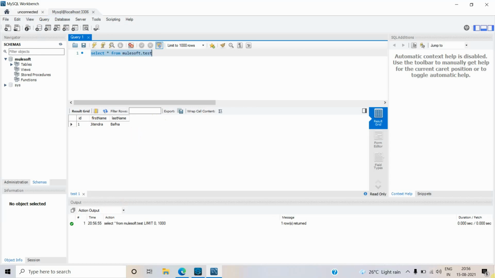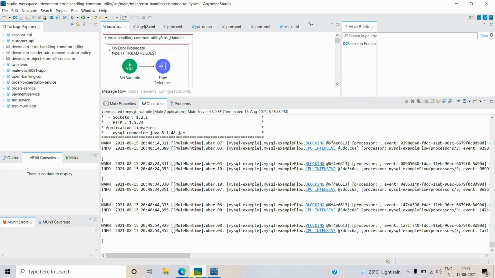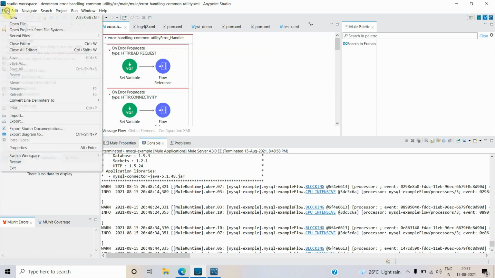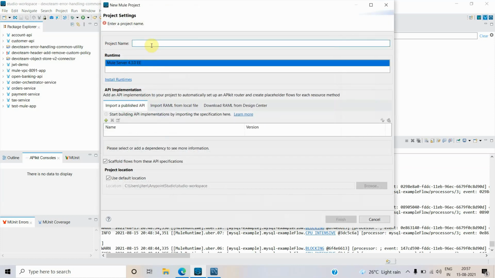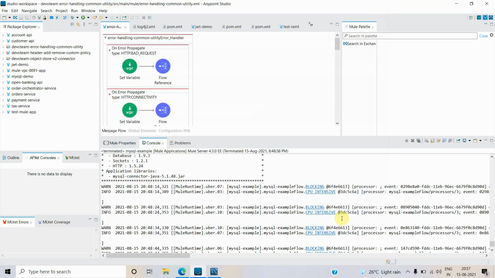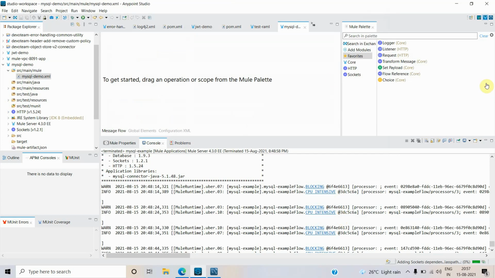So there is only one record in that particular table. Let me start with my Anypoint Studio. I will say file, new Mule project, then MySQL demo simple, and I will simply say finish. Once I finish, it will create a MuleSoft application for you.